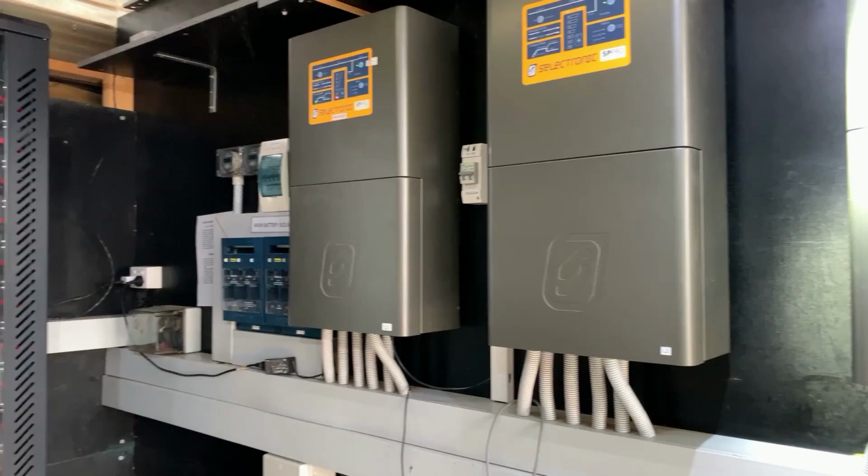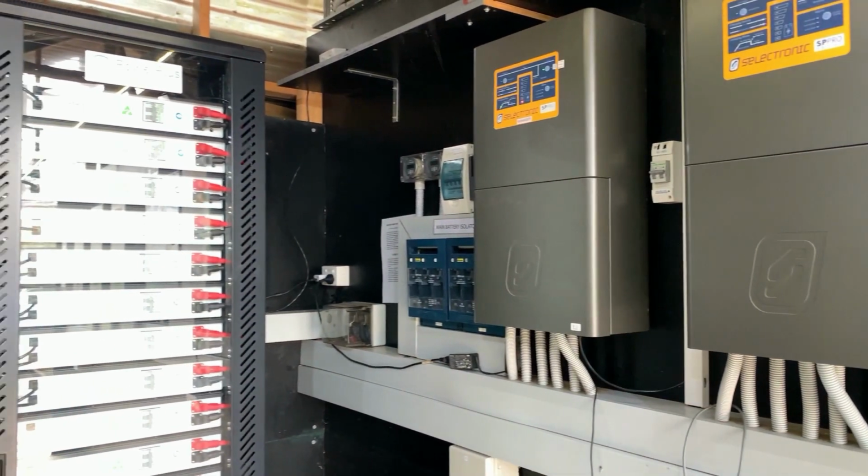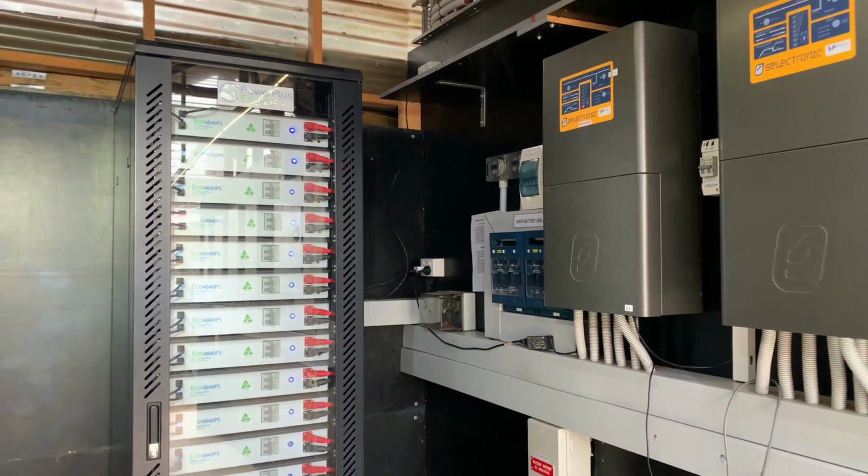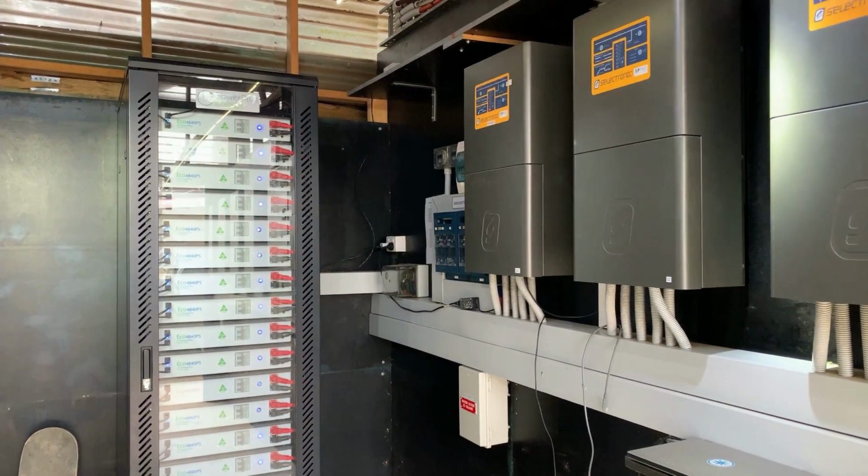What we're looking at here is the heart of the microgrid here at the Smart Energy Lab. This system is a notionally 30 kilowatt inverter system built as a power chain. So let me just press play so we can see a little bit more of it. Power chain is a software variation of by Electronic, allowing multiple inverters per phase. So we've got 2 inverters per